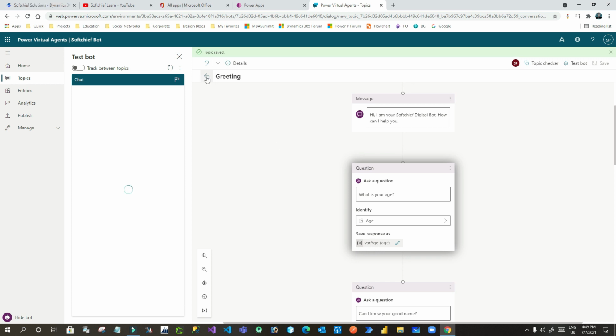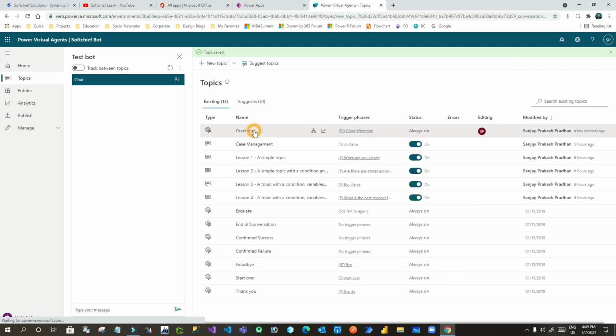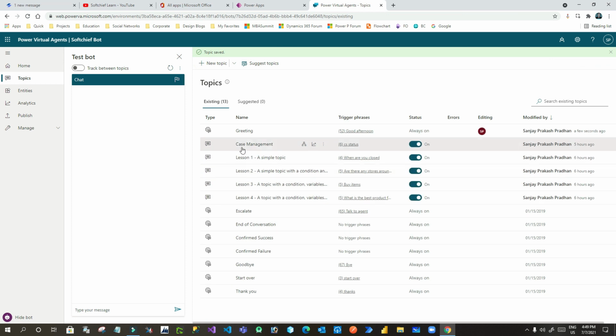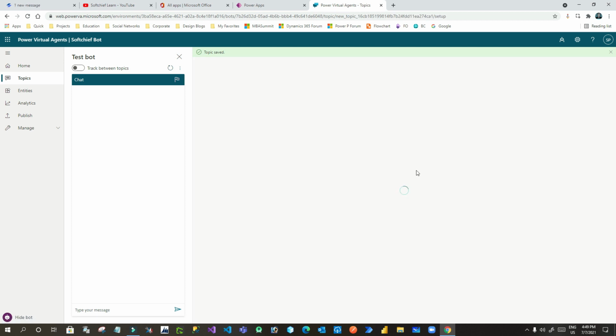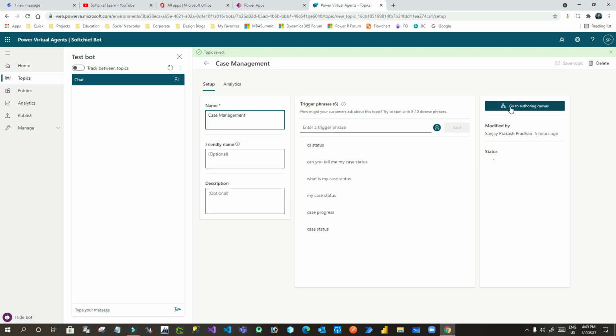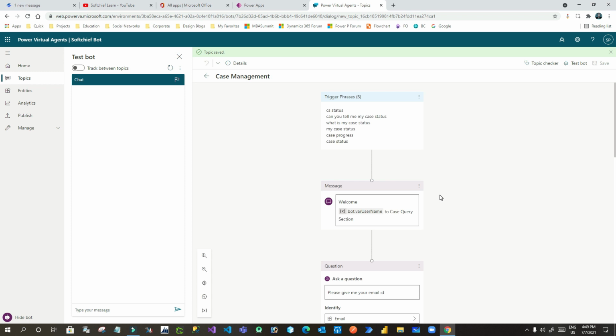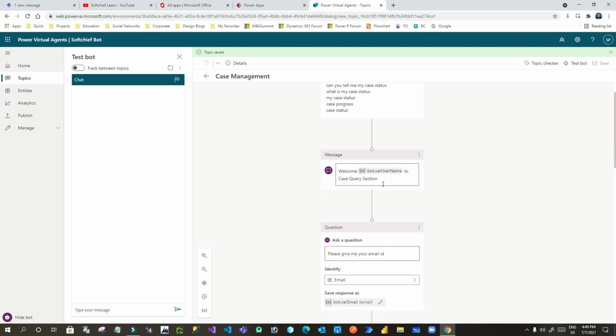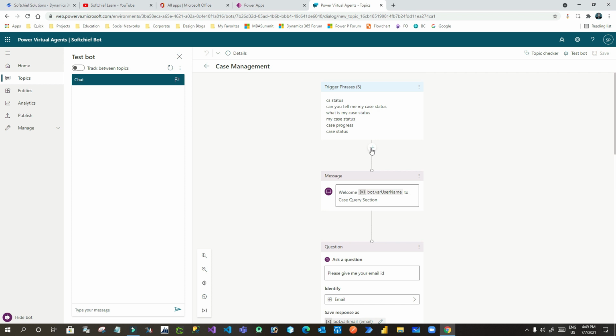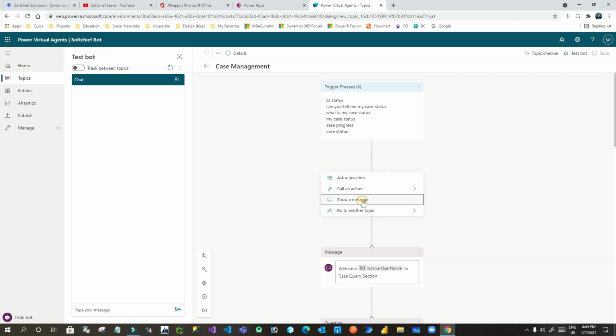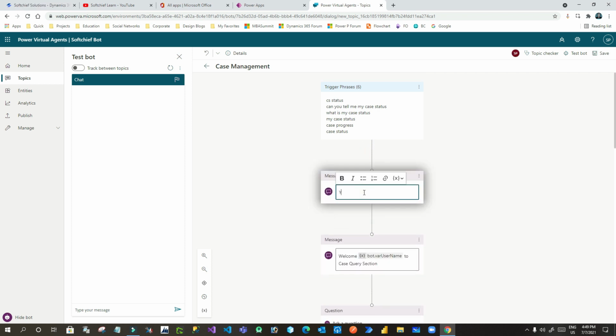Now I will go back and open another topic. I have added that variable in the greetings topic. I will use, let's say, case management, and in case management I want to use that variable age. I want to display a message here, show message, and here I want to display your age is.